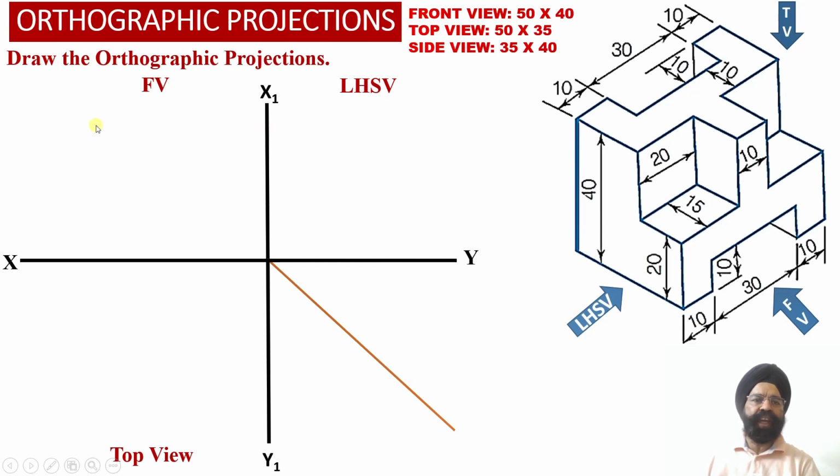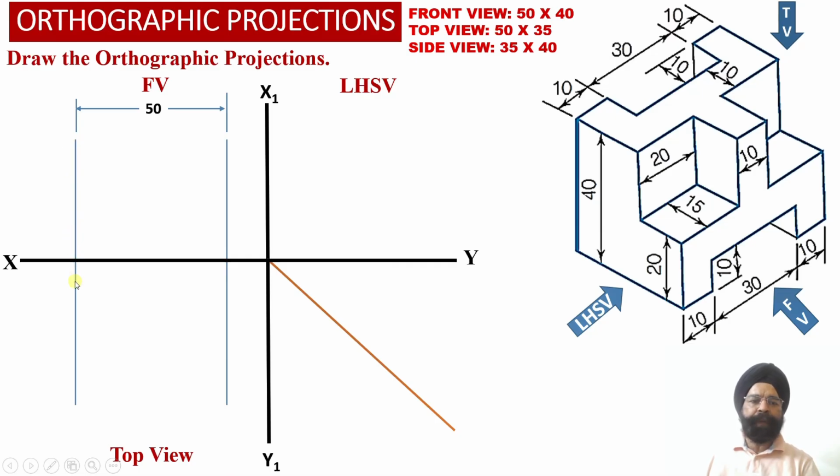Now let us proceed to evaluate the dimensions of the front view orthographic face of the solid. So we know that the dimensions of the front view face will be 50 millimeter width and 40 millimeter height of the solid over here. So here we have obtained two vertical projector lines separated by a distance of 50 millimeter into the front view projection view, and this distance of 50 millimeter corresponds to the width of the solid over here. So here we have got the width of the solid equal to 50 millimeter, and these two vertical projector lines,